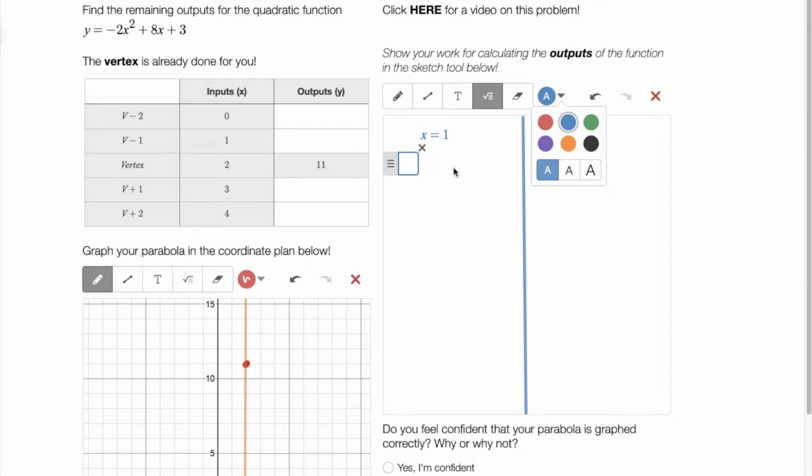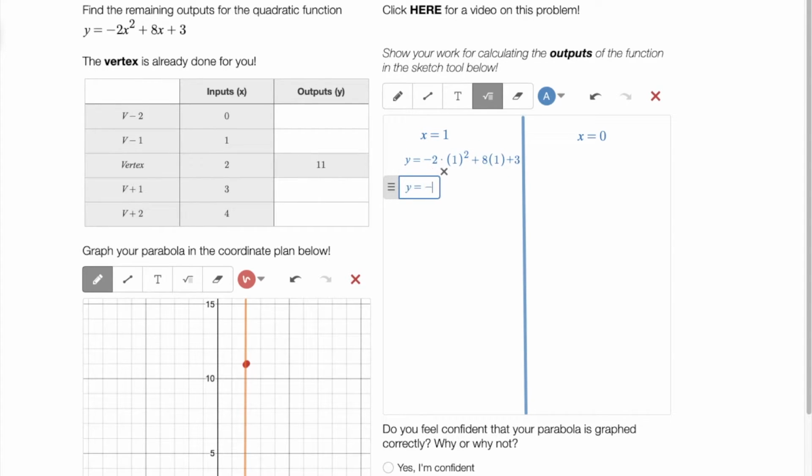So here we go, taking our function y equals -2 times 1 squared plus 8 times 1 plus 3. We go in and take this one step at a time. A common mistake is to multiply the -2 times the 1 before you square it. Remember, this is -2 times 1 squared. So if you want, you can put in a placeholder multiplication to remind yourself